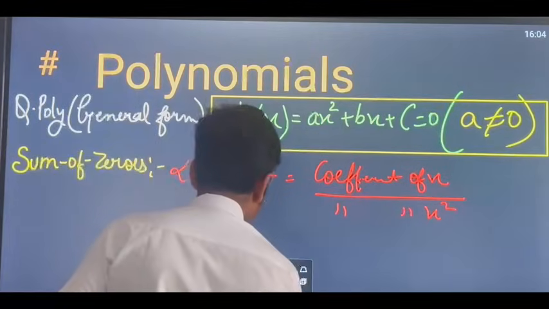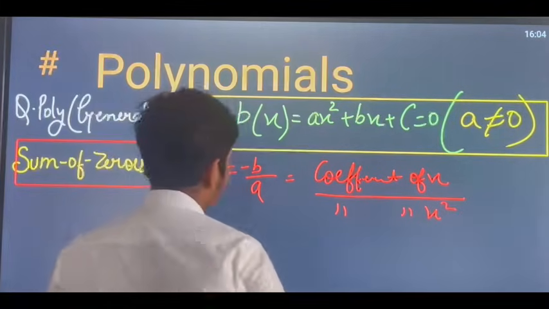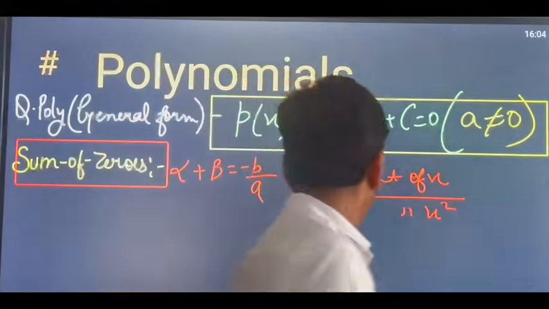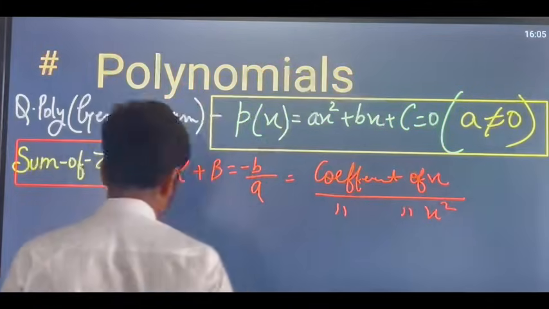Sum of zeros alpha plus beta is equal to minus b upon a, that is, coefficient of x over coefficient of x square. Next,